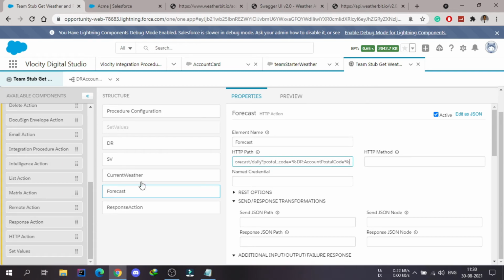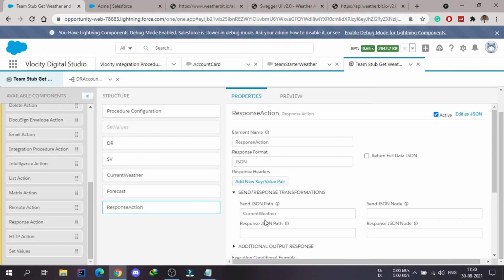So you can see why we are creating this set values. Once we change the key from this set value, it will be changed in both these APIs. And in this response action, currently we are returning this current weather. So to check that, let me return the forecast.